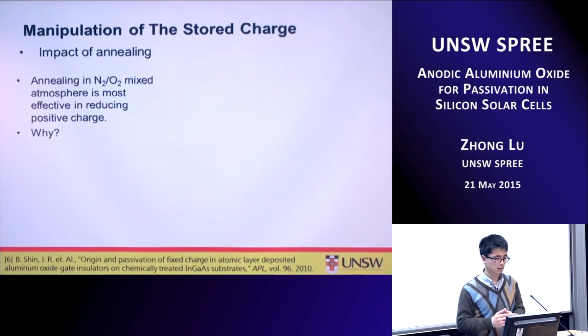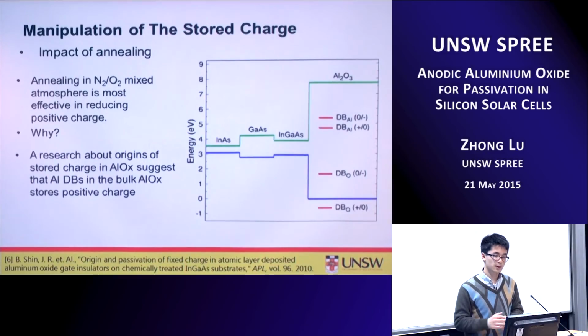So as we can see, the annealing in the nitrogen and oxygen mixture reduces the positive stored charge, and the question is why. To explain this, I present here research reported by a group from Stanford University. This work is done on a III-V semiconductor, and the dielectric is ALD aluminium oxide. The authors stressed that